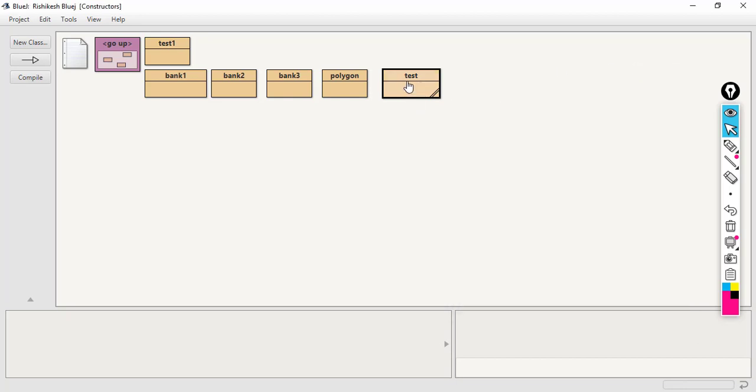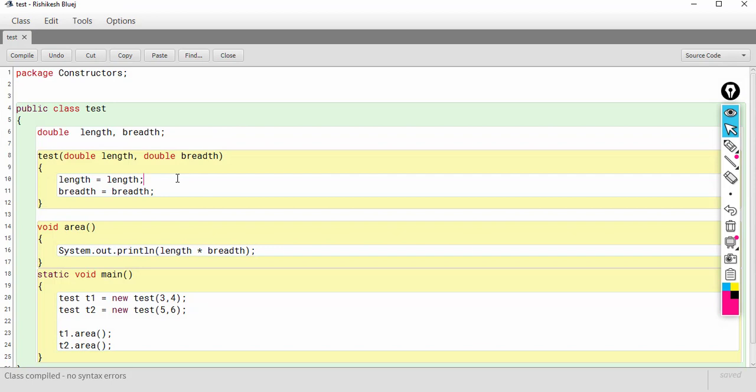Why is this happening? This is happening because when we assign the value of length to length and the value of breadth to breadth, this length and breadth is not referring to the instance length and breadth, because preference is always given to the local variable first.